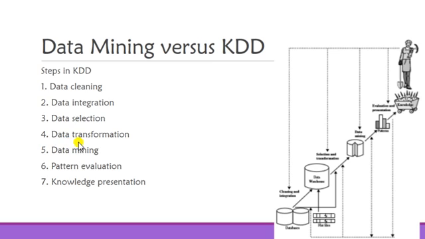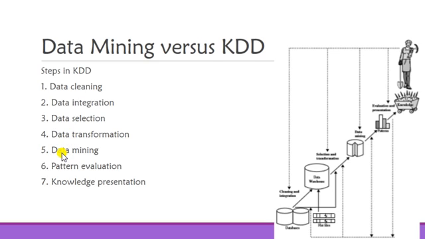The fourth step is where the data is transformed, that is the data transformation. Data is transformed and consolidated into forms appropriate for mining by performing summary or aggregation operations. So it is the last step in data processing, which is to transform into an appropriate form for data mining. So starting from step 1 to the fourth step, they are data processing. So data transformation is the way to transform the data to the form in which we want to use it for modeling. For example, we can transform age to date of birth and any other things.